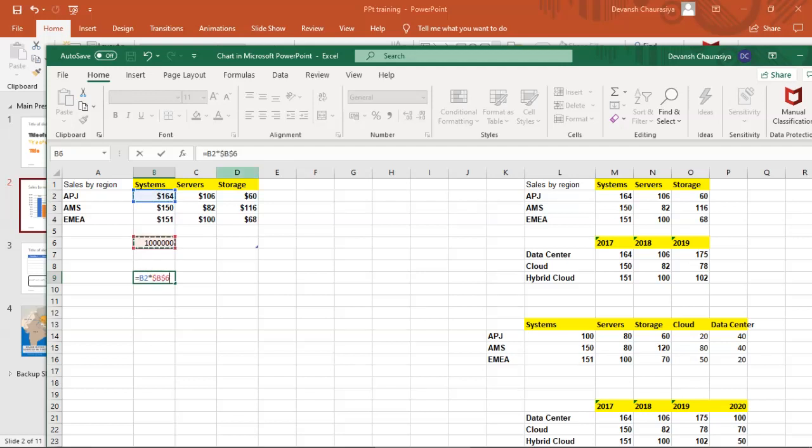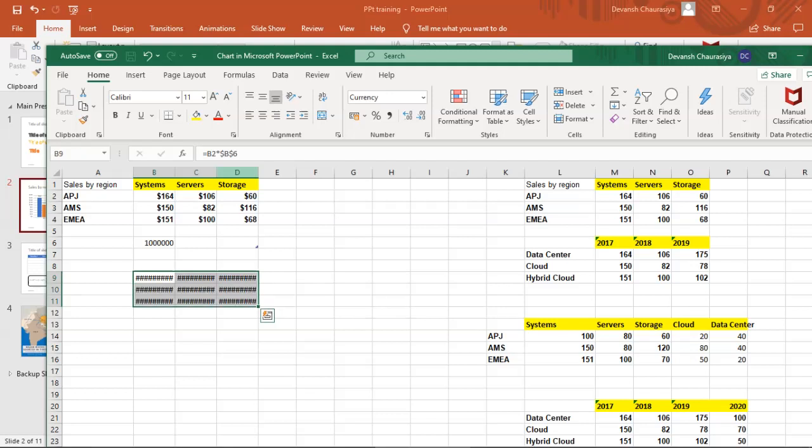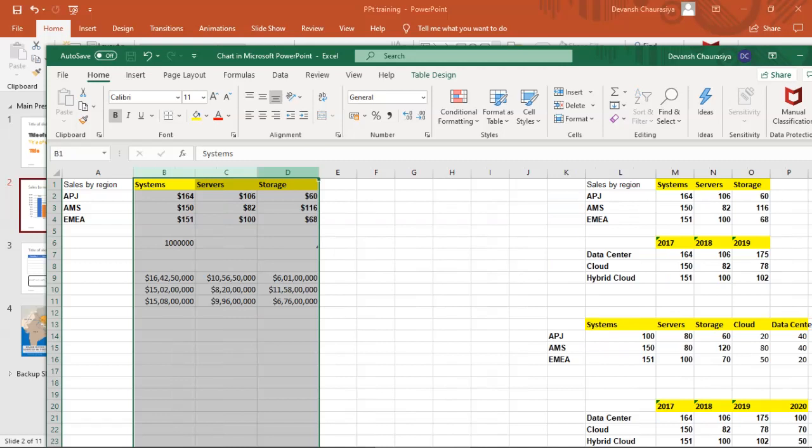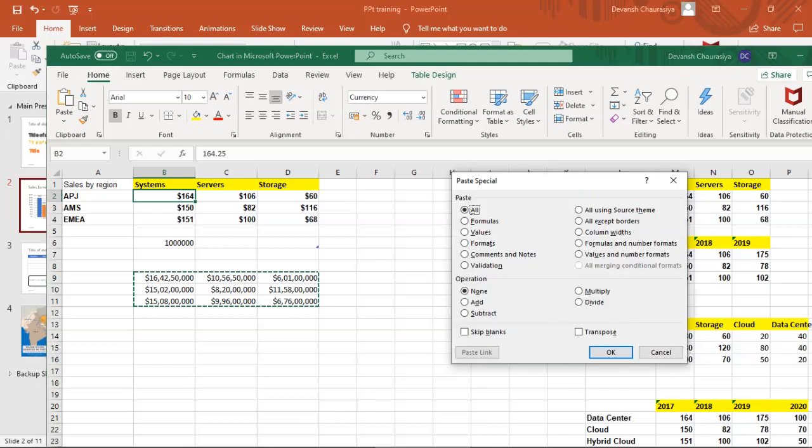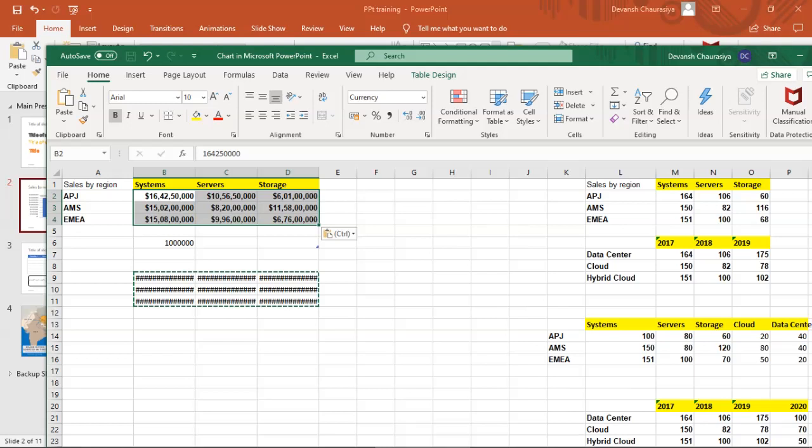I press F4 and I lock it. I press enter and I do this. Basically, let me copy this and Alt E, then values. I just put my values over here.